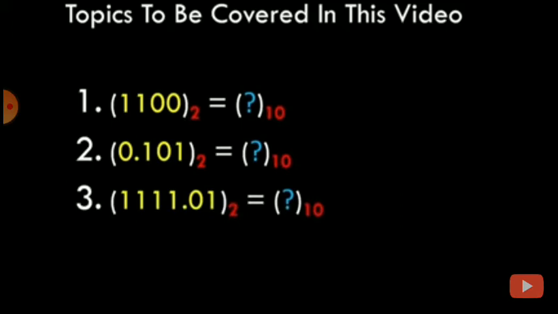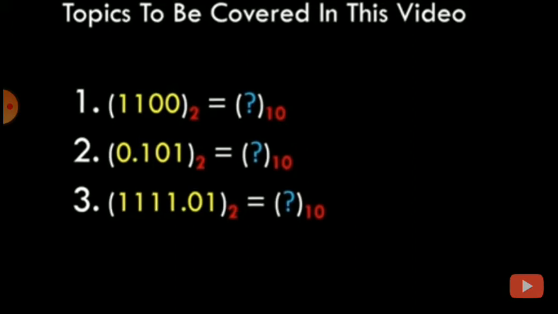If you have seen our previous video where we converted three decimal numbers to binary, the binary results were these, as shown on the screen. So here we are going to convert them back to decimal numbers so that it gets verified that we get our original answer. Now the answers which we get will be the questions from the previous video. So if you haven't checked that video, you can check it out so that you get an understanding about how to convert decimal to binary. Okay, so let's get started.